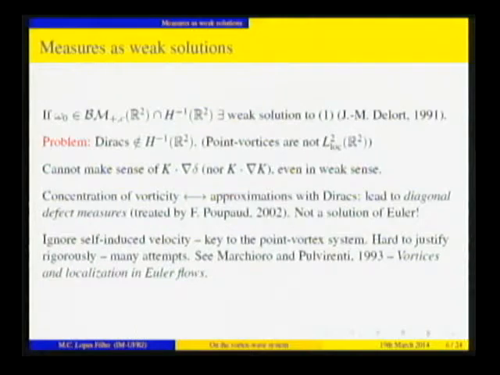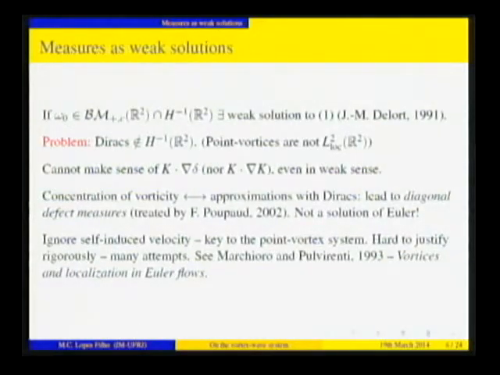This is just repeating something I just said. The reason why you introduced the system is that you really don't know how to make sense of weak solutions of this problem with measures that include Diracs. It's worth saying that, of course, you have an existence theorem for measures as initial data, but the measures have